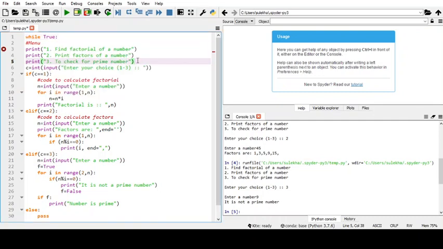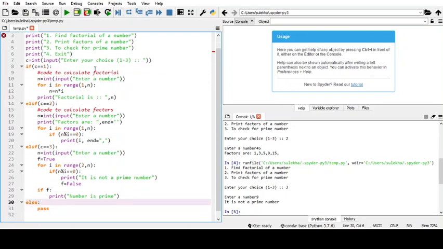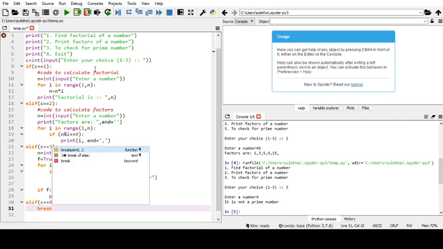For example, we can give one more option over here, print 4 exit. So if we write something like this, we check here else if C is 4, then break. That means your loop will end.